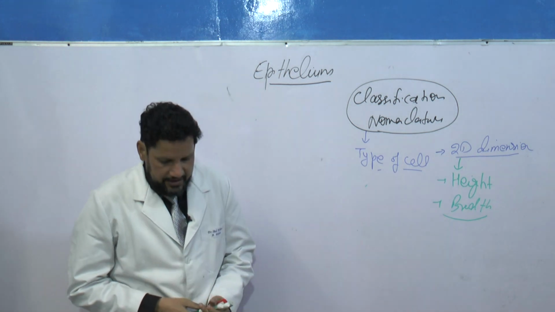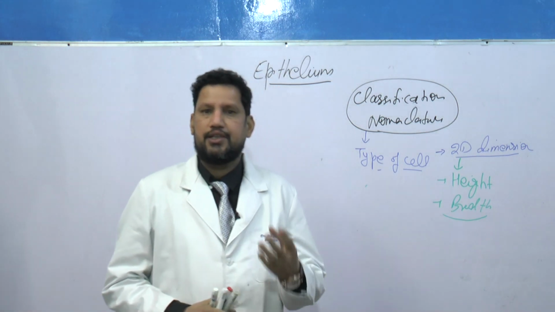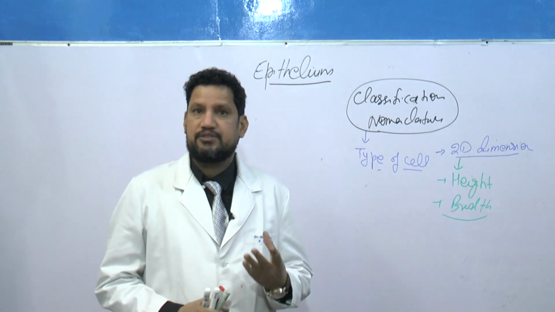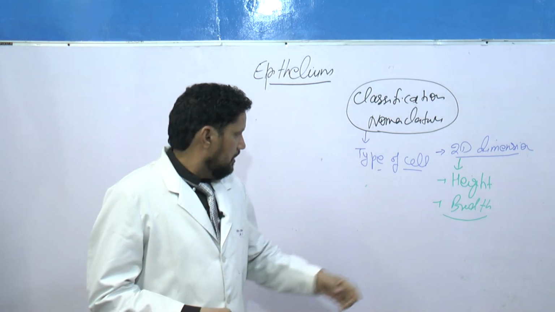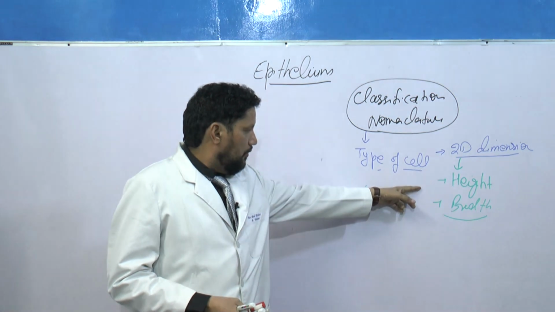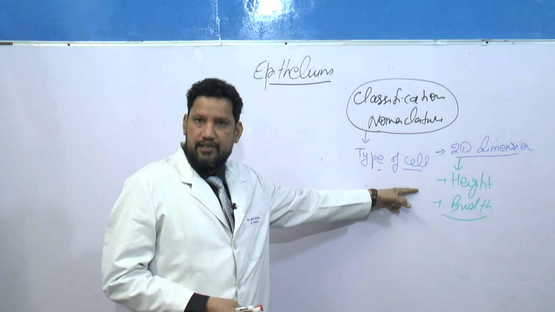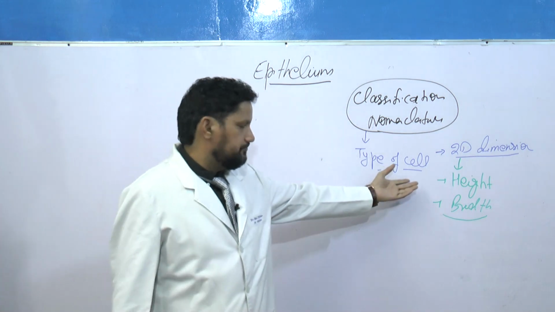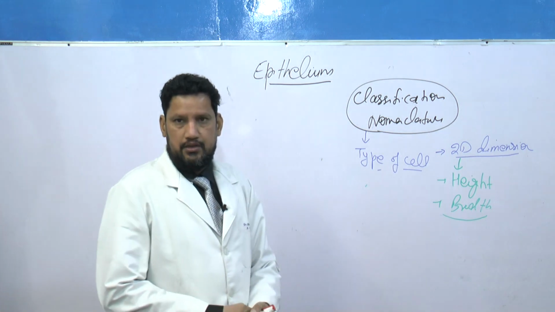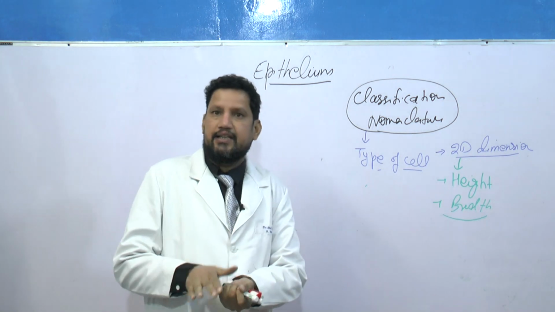So primarily there are three basic types of cells in the epithelium. When the cells are very wide in comparison to the height, or the cells are scale like,